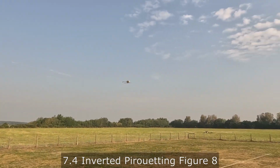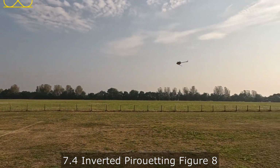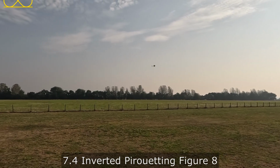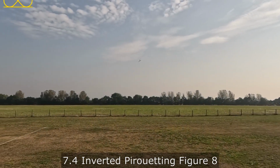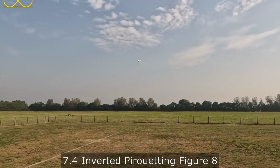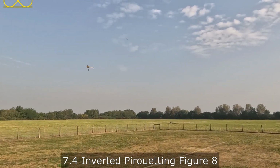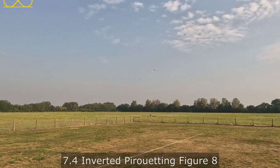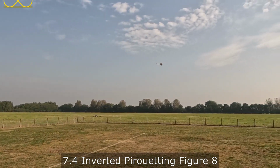And of course, if we've done upright pirouetting figure 8s, we need to do them inverted as well. Sometimes these can seem easier than upright, and I think that's probably because as 3D pilots we spend a lot of our time inverted and pirouetting. They should be done in the same way with similar shape, size, etc. This is not a hovering exercise, so you want some speed and a bit of bank to get around the